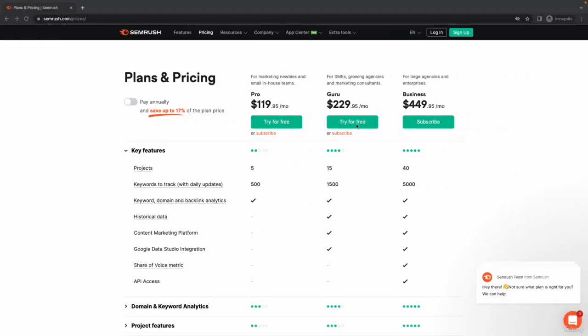So prices for SEMrush actually start at $120 per month. However, you can actually get access to SEMrush for completely free by using the free trial. As you can see, it says try it for free right here. So if you sign up on the SEMrush page under prices, you can get access to SEMrush for completely free